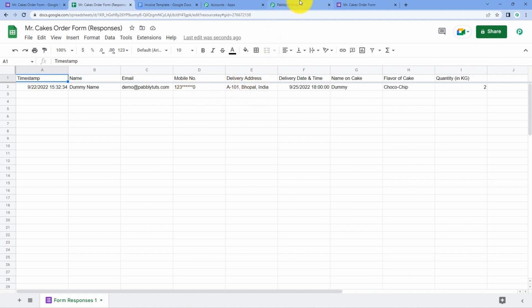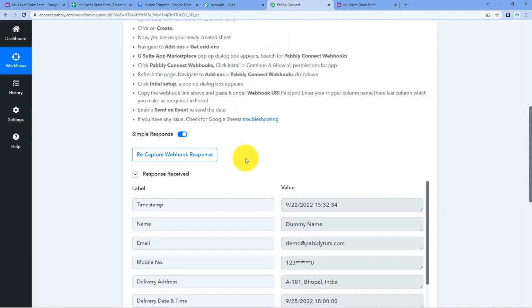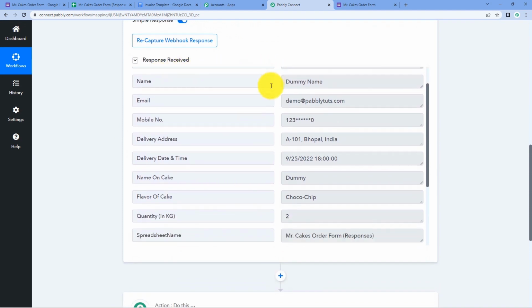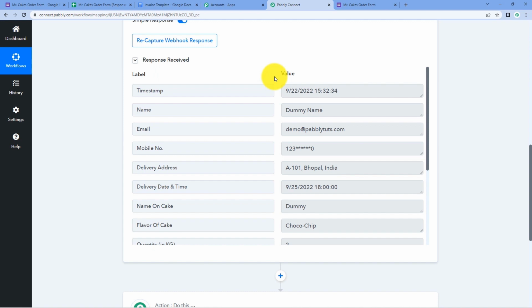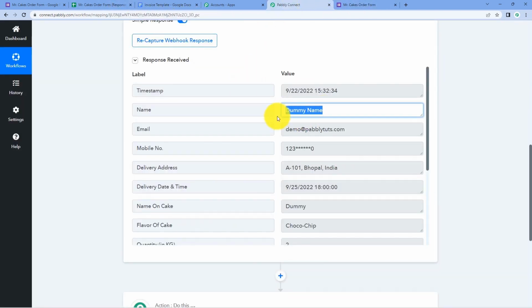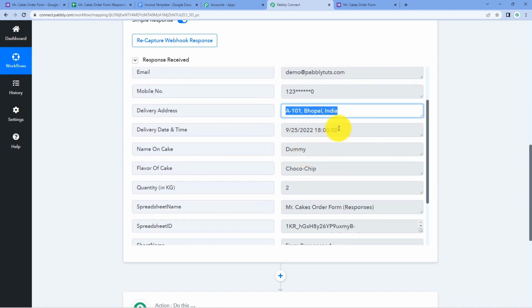Instantly, this same data will also be captured inside Pabbly Connect. And yes, here in Pabbly Connect, we can see that we have received some response. And this is the response of the same form submission, same data, which we have just now made while entering this form. So we have the same name of the customer, same email, same mobile number, same address, same date